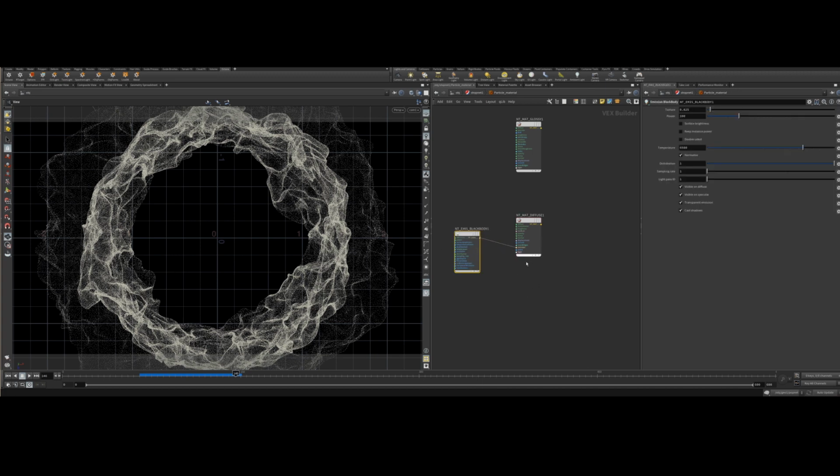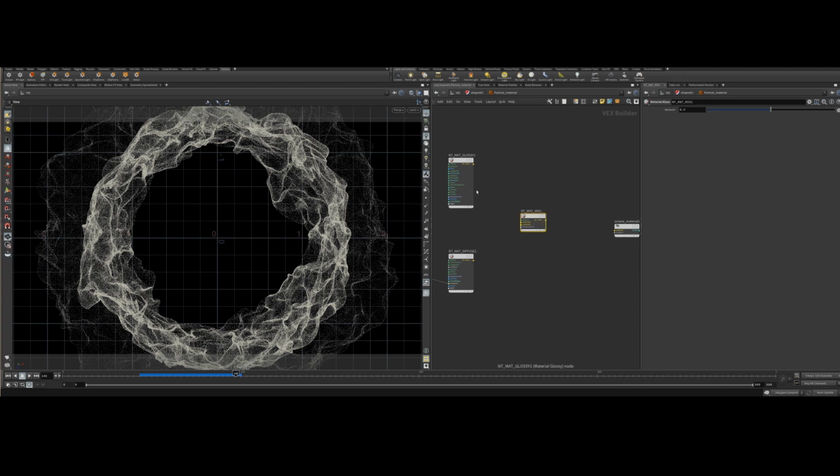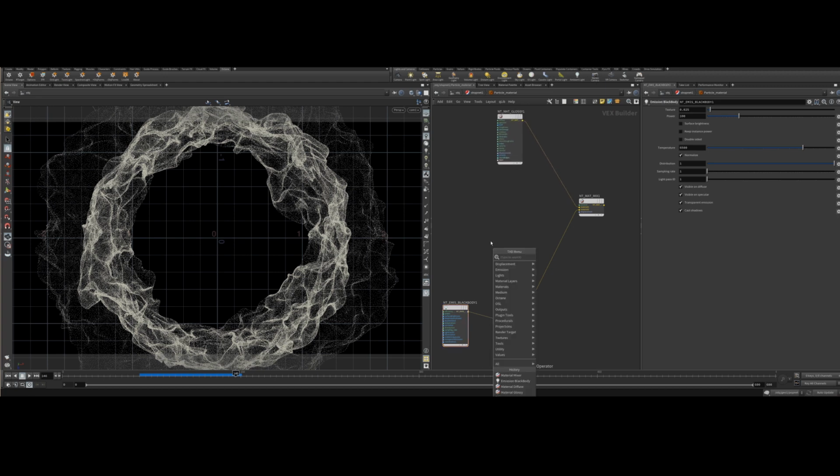Let's wire it up with the emission channel here, and let's drop a material mixer, and here let's pin the material 1 and material 2, and the amount is something interesting. So let me just free up some space. Now we are dropping the